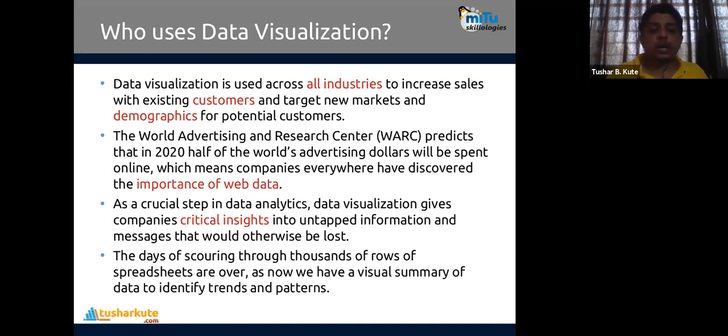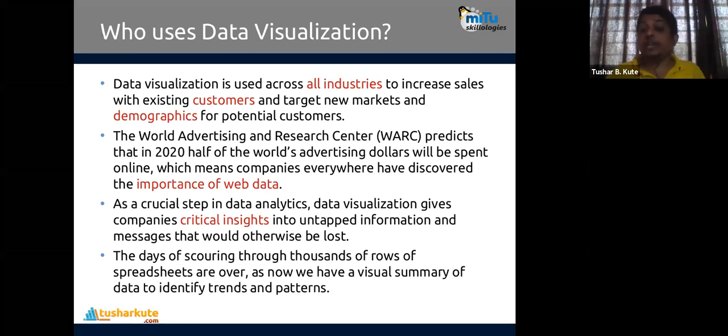Or if you're going to have a page on Facebook, they also show the analytics there. What is the reach of customers, what kind of customers are reached. If you have done a Facebook advertisement, which kind of people have reacted to the advertisement, from 20 to 30 age, 30 to 40 age, 40 to 50 age, or which gender, male or female, has responded. Like all visualization that's showing, because a general customer knows visualization, they will identify the data through visualization, that's why it's used over there.